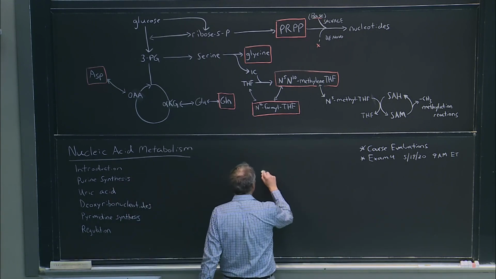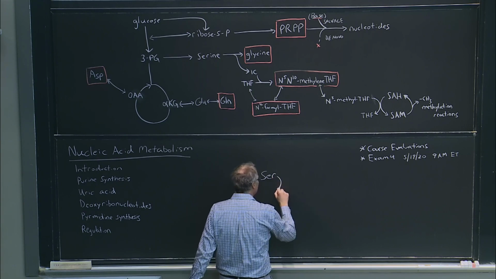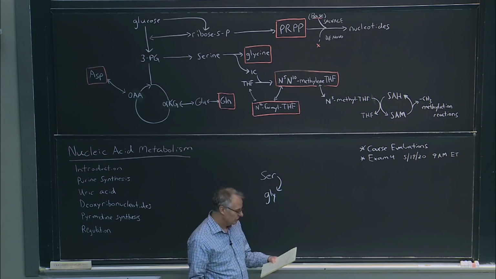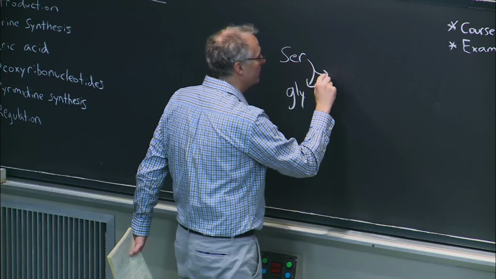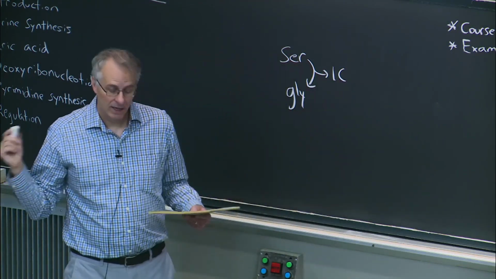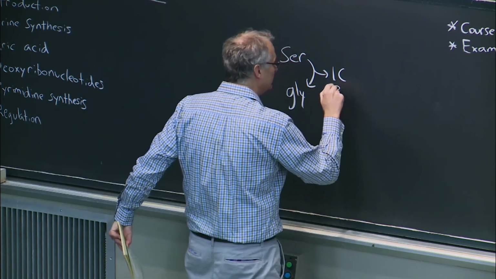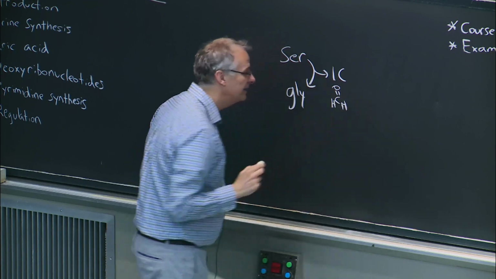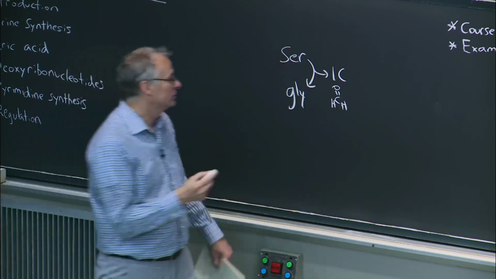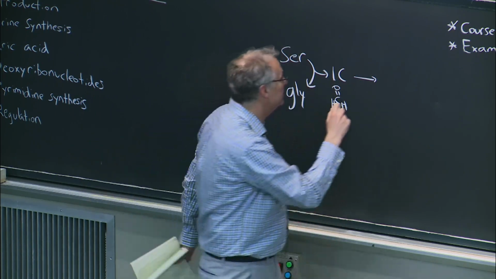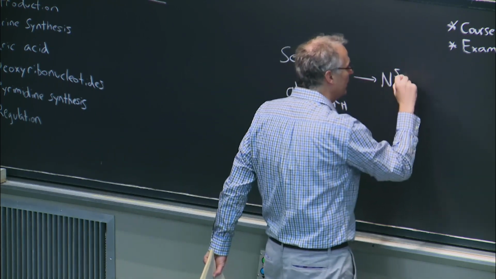Remember, serine has 3 carbons, glycine has 2 carbons, and so when you convert serine to glycine, you end up generating a one-carbon unit. As I showed you in the lecture last time, this one-carbon unit is in the formaldehyde oxidation state, and so ultimately that's donated to a folate species to generate this carrier,